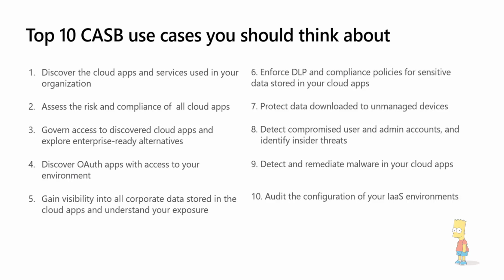I'm not going to go through all 10 on the list with you one by one, but here are some of the key things you need to understand. By using CASB, we should first of all try to understand what shadow IT is in my organization. Once you discover all the cloud applications being utilized in your organization, you can sit down with the management team and decide which applications we are going to approve and which applications we are going to disable when used by end users within the organization.